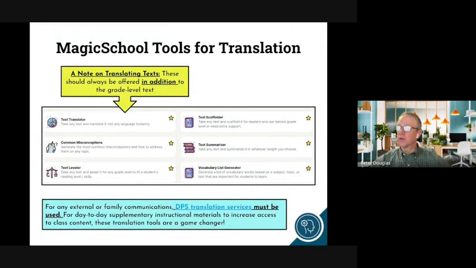Same thing for translation tools. Here are a few in Magic School that you can use for translation. Again, please offer these in addition to the actual grade level text in English. And also, if you're doing formal communications to your school community that need to be in official DPS languages, please use the DPS translation services for that. If you're just doing a quick email to a parent, some of these Magic School tools might be a great use. But for the official stuff, remember that there is a DPS translation service for those, for all,